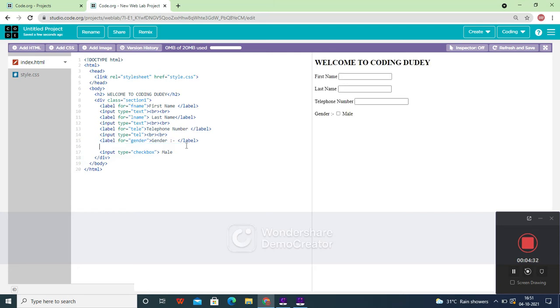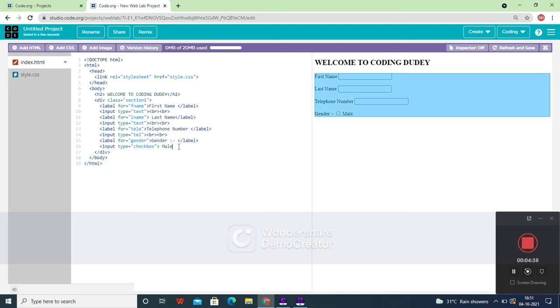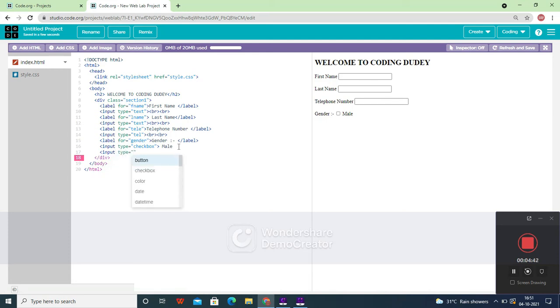I think this is a better way of doing it. The next one, let's again give input type equals checkbox, and give it for female. So this is how you create it for the gender.